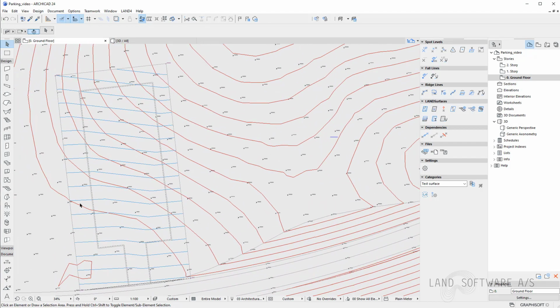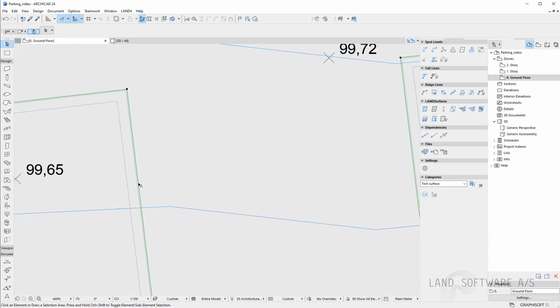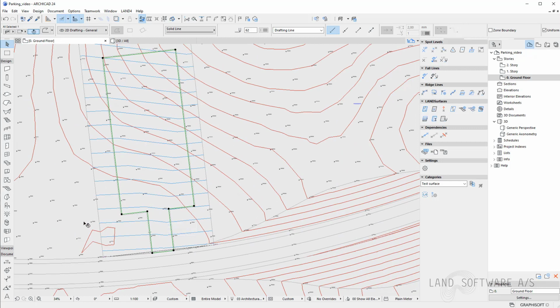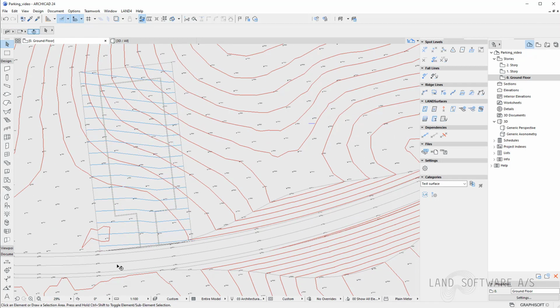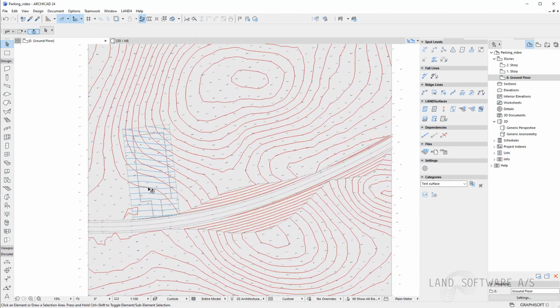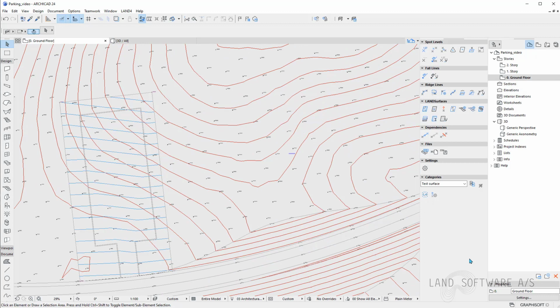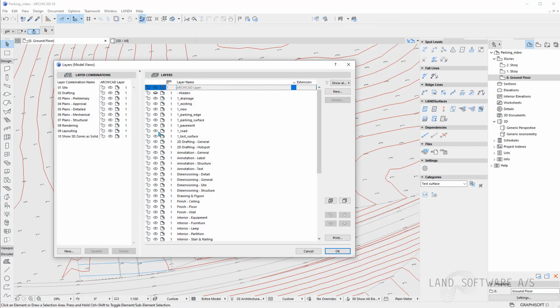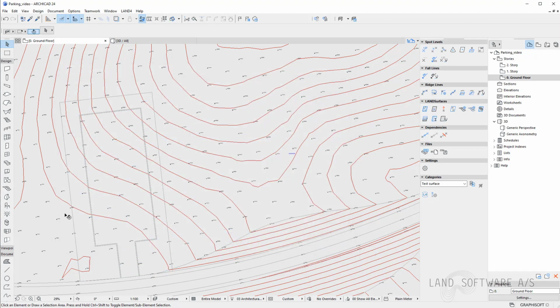We already have our predefined geometry of the parking surface and the parking edge. I have drawn this using just some polygons and following the measurements in the sketch. So I can now continue the project by drawing and designing the pavement. I can hide the test surface and just keep the initial polyline as a rough reference while drawing the pavement line. I will select the pavement category where I want to place my new objects.